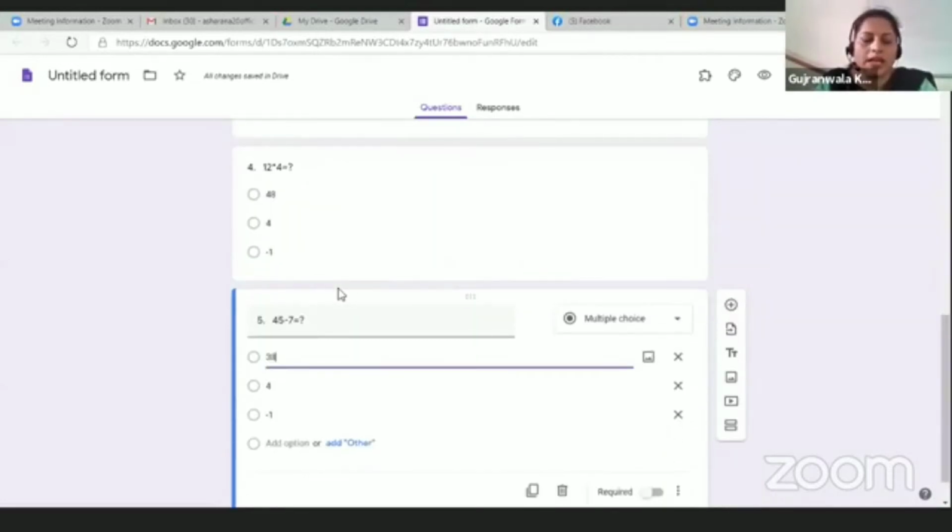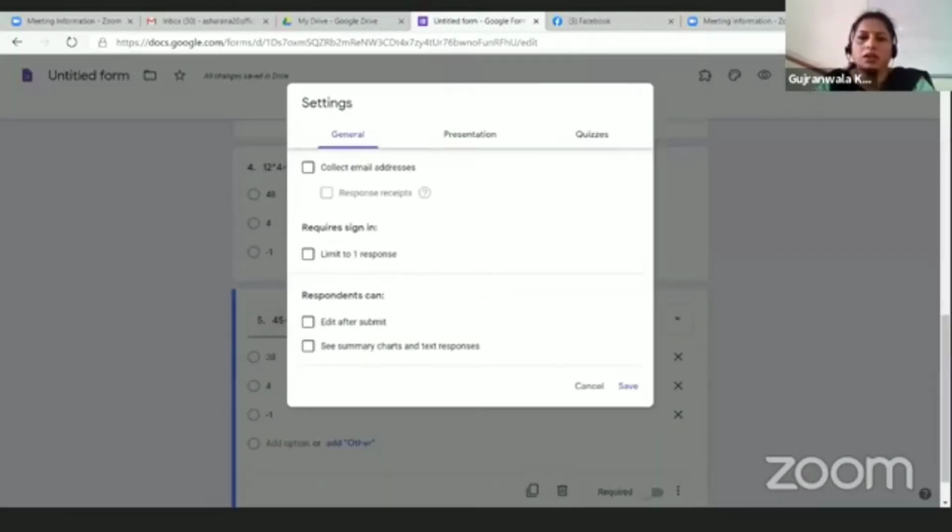Because we have not allocated any marks, we have not marked the right answers, how will the student appear? So for making it a quiz, we go to settings and click on collect email addresses, because if you want to generate the certificates, the certificate has to be emailed to the students.